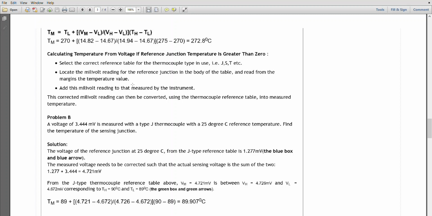Okay, that is the catch. But most of the time this is not possible, right? You cannot take a beaker of ice and supply it to the customer, right? So you will always maintain that at the room temperature. So what is room temperature? Let's say 30 degrees, or depending on the operating hot junction, it can be even 1400 degrees centigrade. Okay, so based on the range of operation, your type of thermocouple changes from S, T, K, R, B. So based on the materials, the dissimilar materials inside the thermocouple also change.